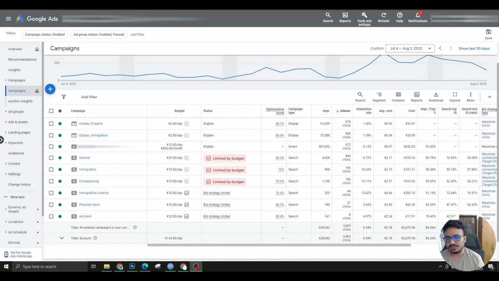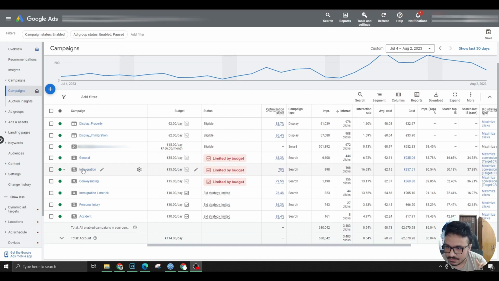I'm back with another video to show you something really important that you should apply from today in your Google Ad campaigns. So I'm in one of the client accounts, and what I want to show you is in campaign level. As you can see, there are a lot of campaigns running. I don't want to go into the display campaigns or any other type of campaign. What I want to show you is the search campaigns and why we did so many campaigns instead of just